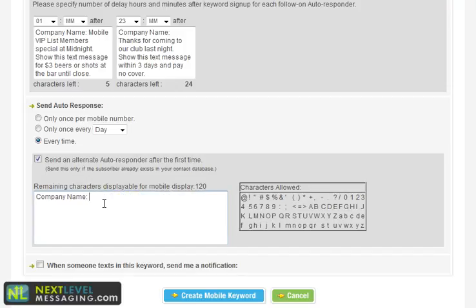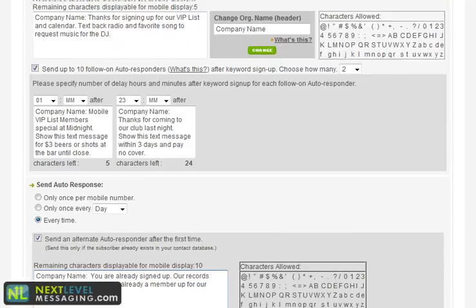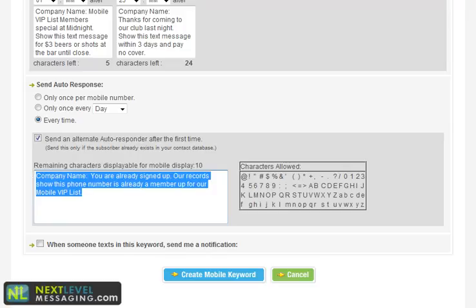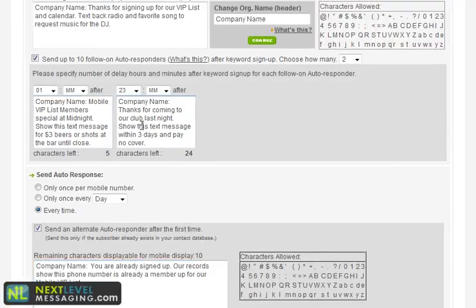maybe signed up. So I have a message that says, you are already signed up, our records show this phone number is already a member of our mobile VIP list. So again, every time any user actually texts in to this promotion, they're going to get this alternative message if they've already texted in. They're also going to get these 2 follow-up messages an hour and 23 hours after they